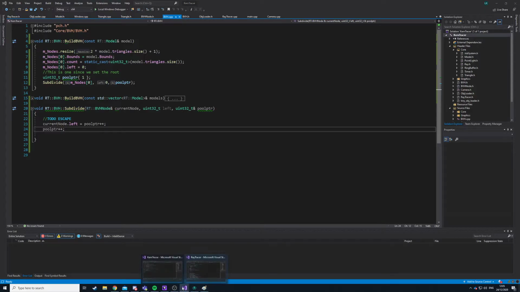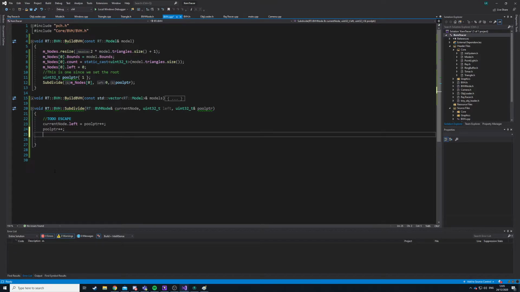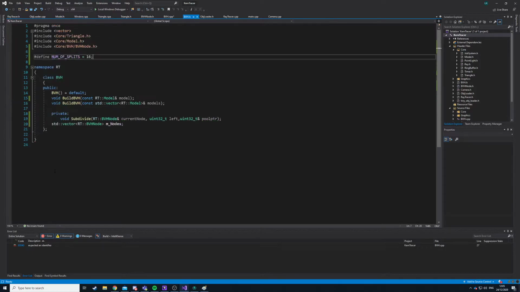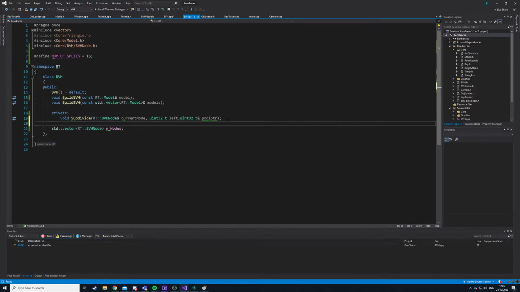But, oh no, I did lose my train of thought on the other one. Right, so where were we? Right, oh yeah, sorry, yeah, binning. I remember what I was doing. Right, binning. Right, so now we subdivided the node into left and right. Now we need to partition. Right. So uint32_t pivot, and this equals, so this gives us a uint32_t